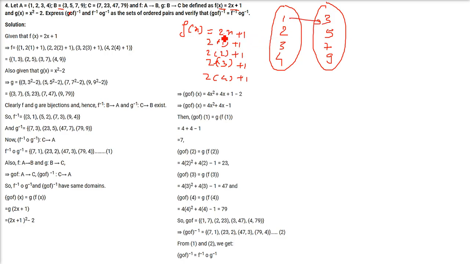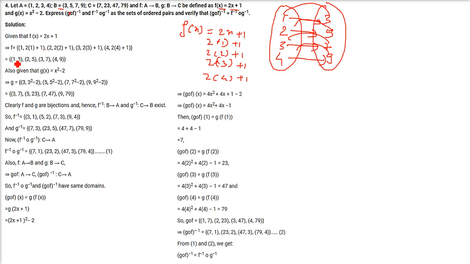So we can see here that the mapping is one-one, and also there is no value remaining in the second set, so it is onto also. So it is one-one and onto. What is f and what is f inverse? f is (1, 3), (2, 5), (3, 7), (4, 9). The inverse is (3, 1), (5, 2), (7, 3) and (9, 4). That is the reverse of it.